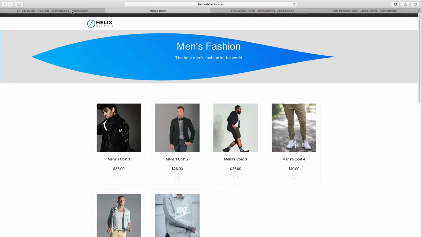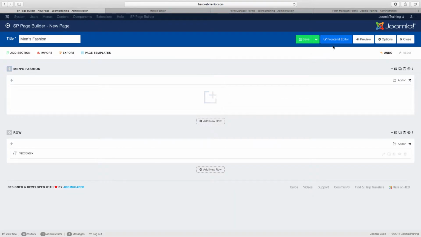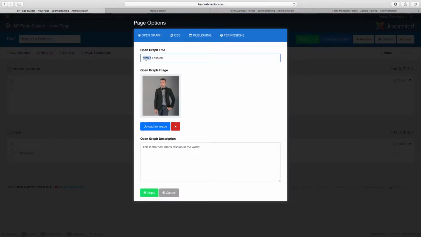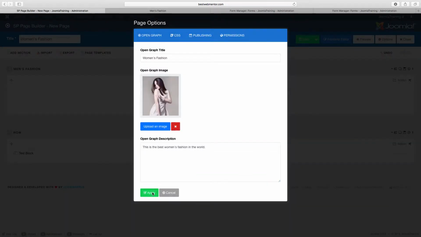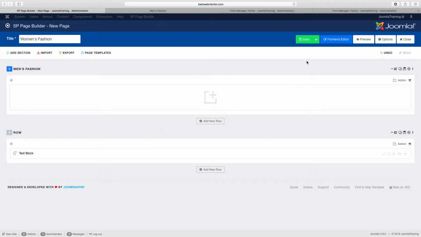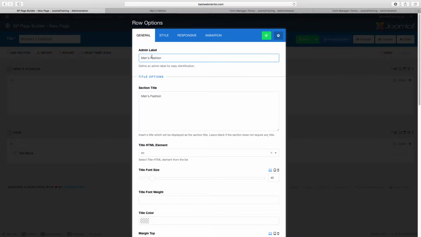So we have this here now, and let's go over. We're going to click on save to make sure that's saved. And next we are going to change the title from men's to women's. Go to option, and change men's to women's. And let's change this image here. Choose that one, click apply. You don't want to click on save, because if you click on save, it is going to override the stuff that you have. So let's change this here from men's to women's,